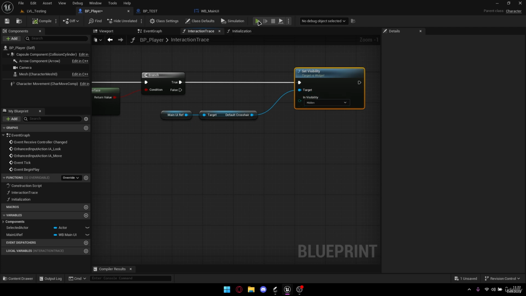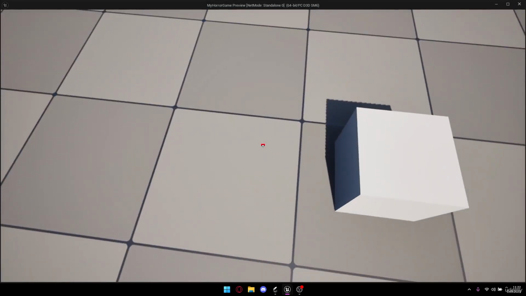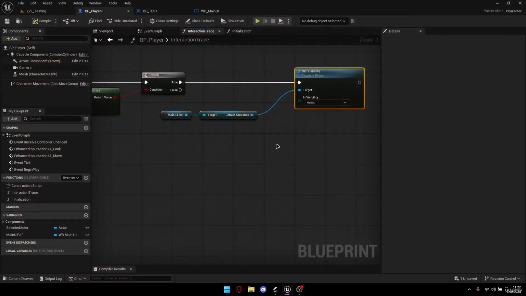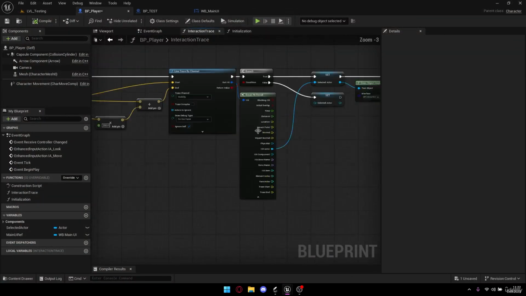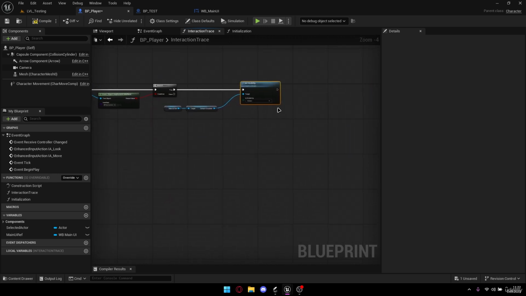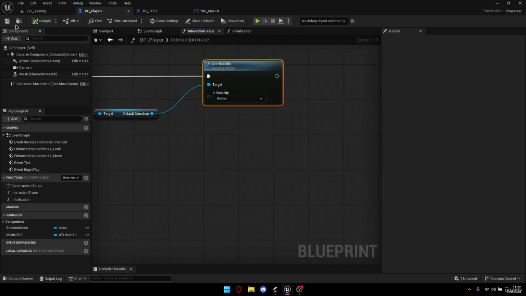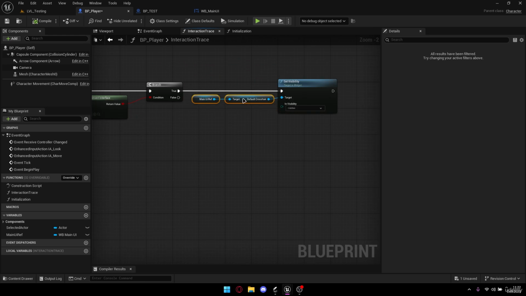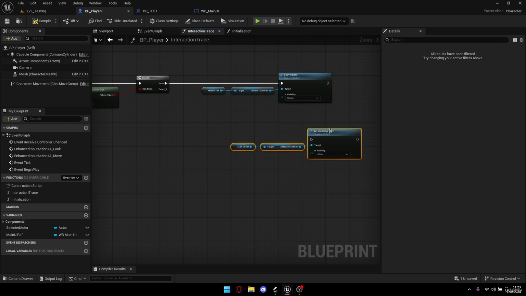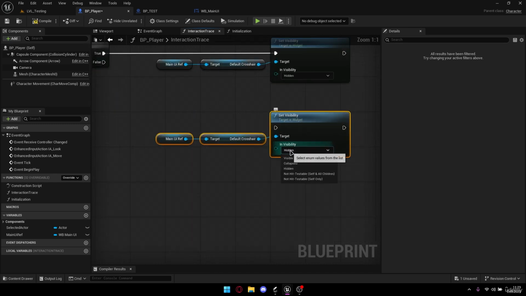Let's see if this works. Let's play, and when I look at this cube, this crosshair should disappear, and it did disappear. Okay. We can also just set the debug to none. We don't need that interaction trace to be visible. So this is working, but if we look away, the crosshair is not appearing, so we need to change that. I will duplicate this code, and I will change this to